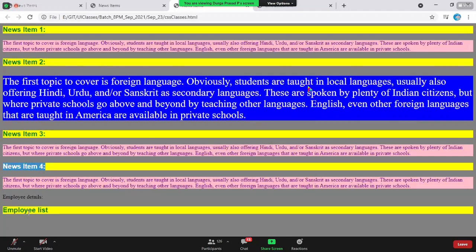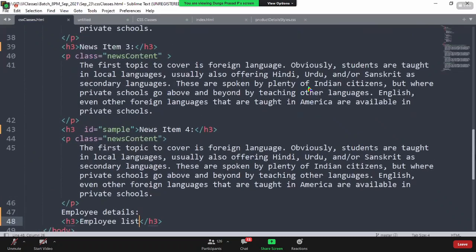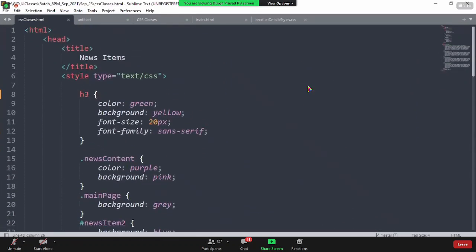I was about to use H3 for showing employee details, which should have a different look and feel. But the problem is that everywhere there is an H3 tag, it doesn't matter what you are using it for. You might be using it for a news item, student details, employee details, product details, whatever it could be. As you mentioned an H3 tag, the browser will apply these properties throughout the application wherever it finds H3.